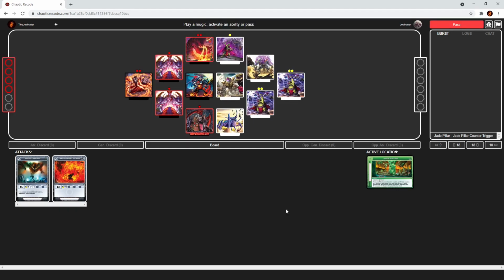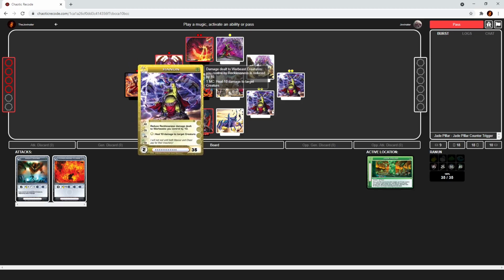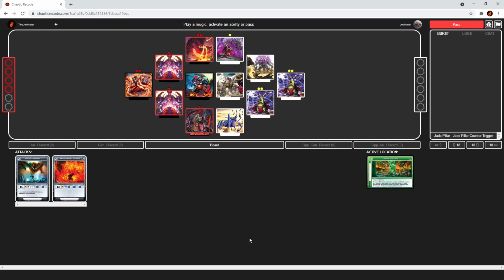The 4th common mistake I see new players make tends to happen when they start playing burn decks for the first time. Now, if you're playing against War Beasts, their Conjurers are very vital to their deck. So a lot of people just try and burn them right off the bat, which is fine. It's a fine strategy. But I see a lot of new burn players